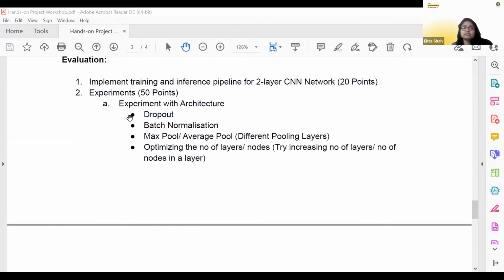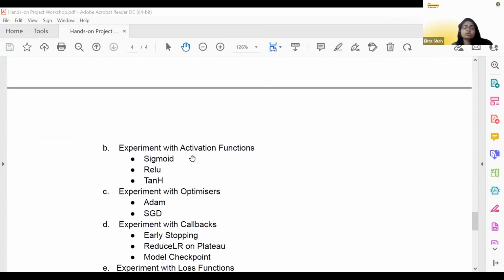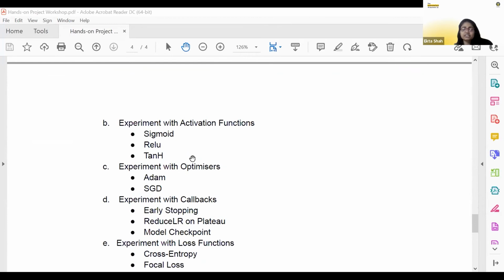Wherein the first topic is experimenting with the baseline architecture itself. Next, what you have is experimenting with the different activation functions. So for any neural network, once you have multiplied your weights with your inputs and added biases to it, you will have to pass it through a typical activation function so that the data is shaped in a certain manner. So the experimentation involves sigmoid, ReLU, tanh. These are the different kinds of activation functions which have been included and can be applied to your data. So that is about your activation functions.